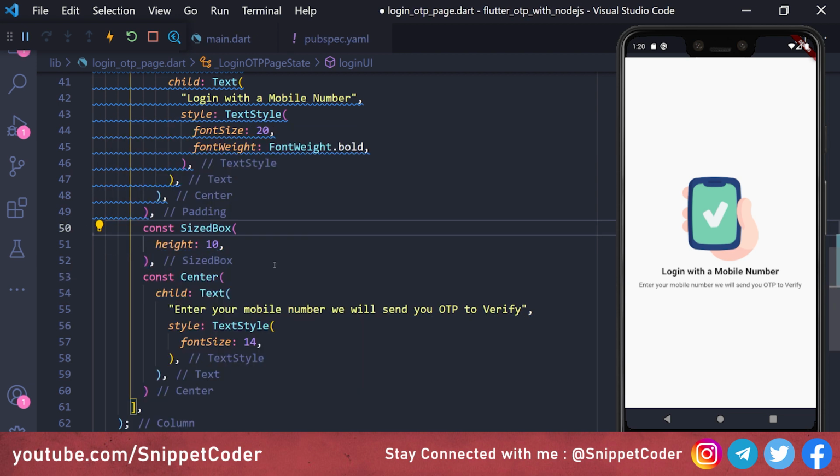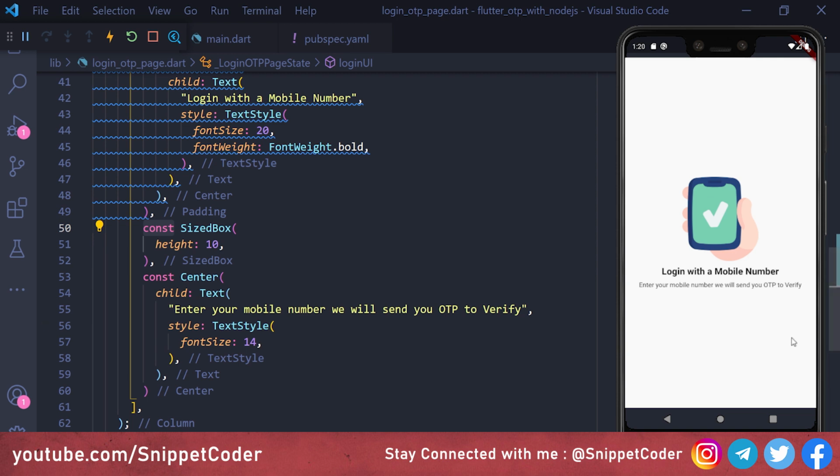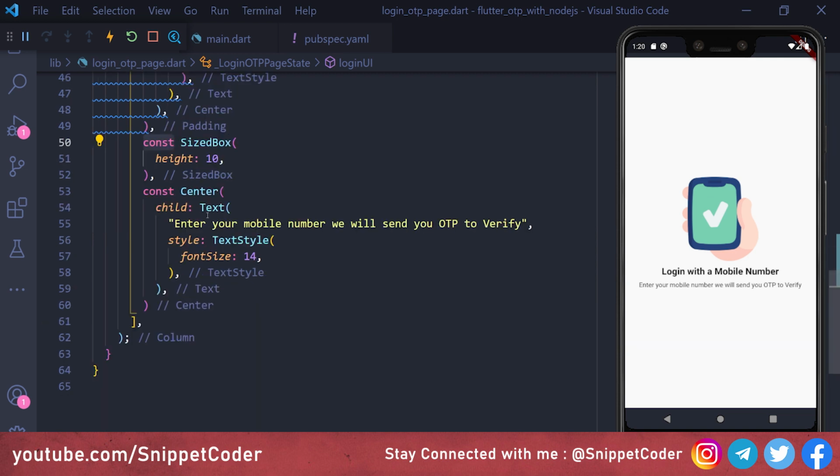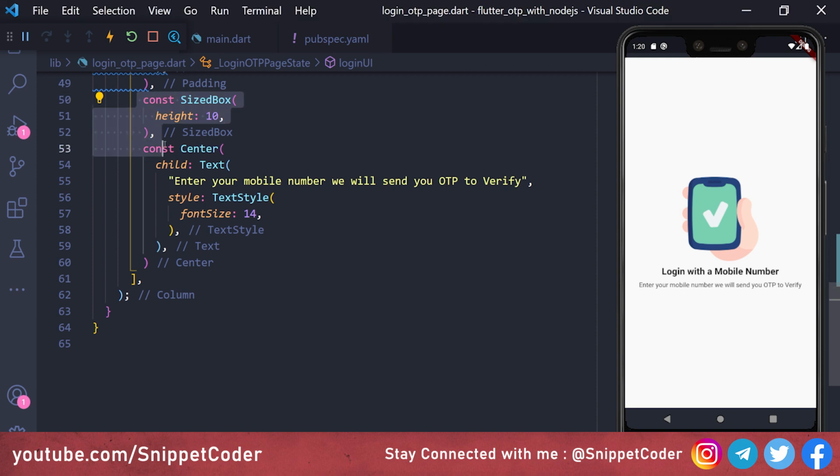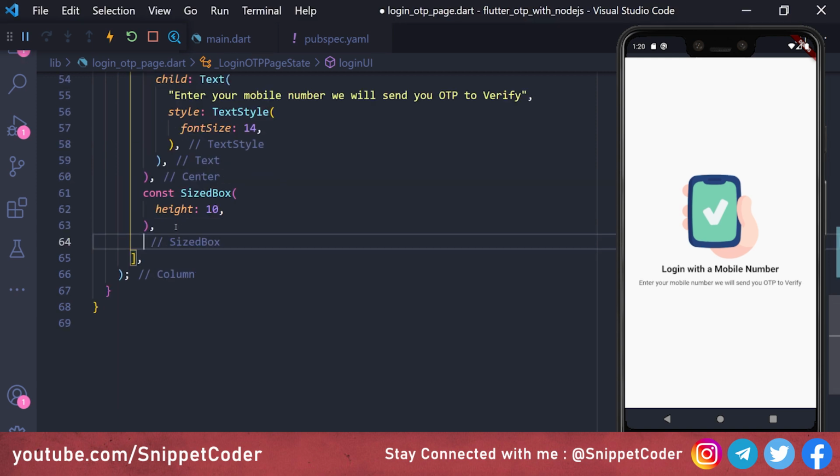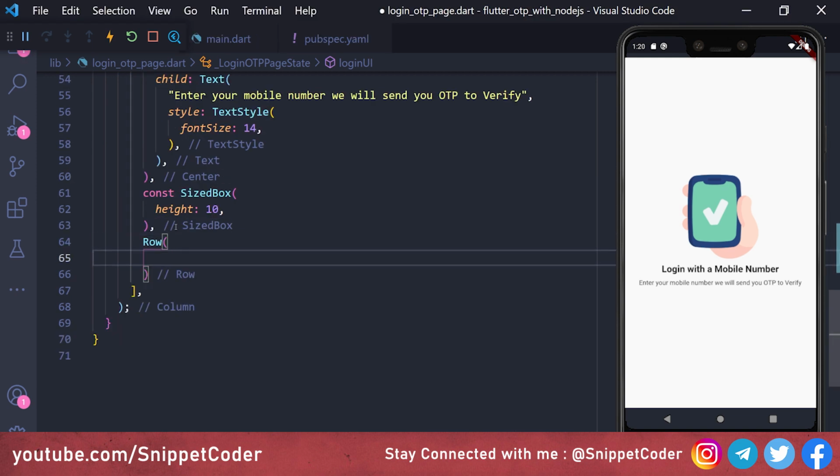We will put constant here, because this is not going to change. Now you can see the text is coming for that one also. Then again we have to put a SizedBox with the same height of 10. Then here we have to use the Row widget, because we have to put two text boxes here. The first one is read-only with our country code, and the second one is the text box for entering